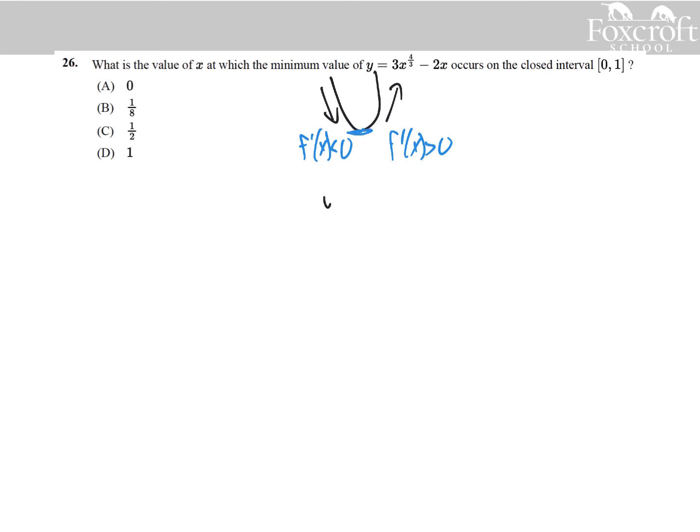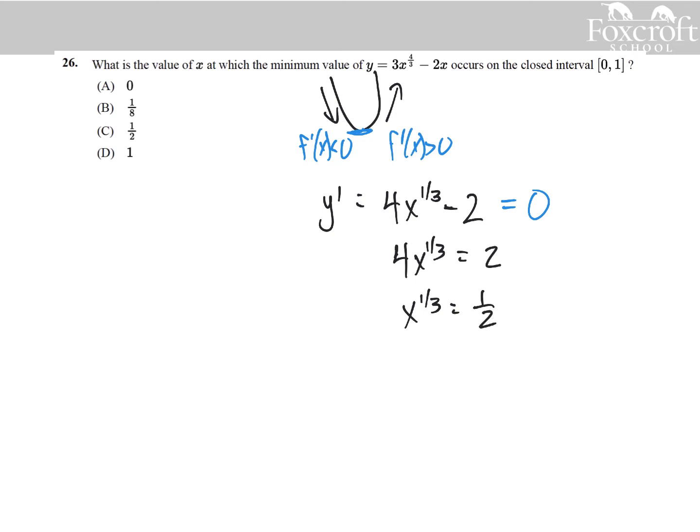So what I'm going to do is take the derivative of this function, using our power rule, and I want to set it equal to 0. I'll add 2, divide by 4, and then I have to cube both sides to get 1/8. So it looks like instantly 1/8 should be the answer, and it ends up being the answer,